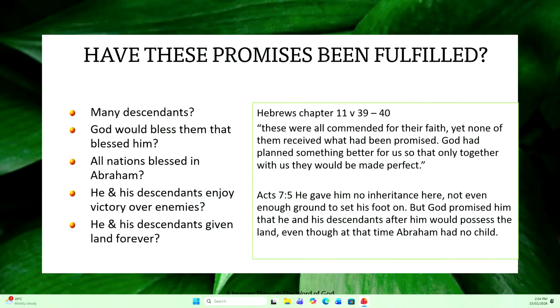Where do these promises stand? Because the children of Israel turned their back and rejected God so often, does that mean that God has turned his back on his promises? And let's ask the question, are the Israelis or the Jewish people still God's people? Because there's plenty of people out there who would say no. Because in week 6, they killed Jesus. Just quietly, if you don't know that story, in week 6 we're going to find out God's own people killed Jesus. So are they still part of these promises?